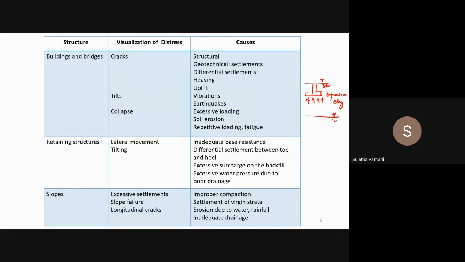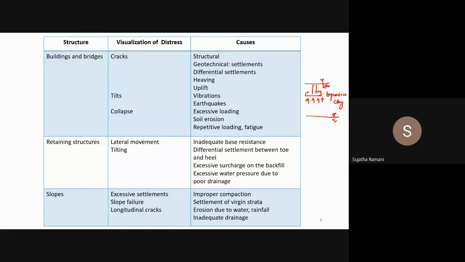Okay, so now because of this pressure that is coming on the substructure, actually we see there is some small change in the position of this structure. That has happened because of heaving of the soil, or the pressure has pushed up the element. So this can cause tilt. This can also cause large width cracks in the building, particularly where there are openings. We have the door or window openings, so you can observe the cracks in those areas.